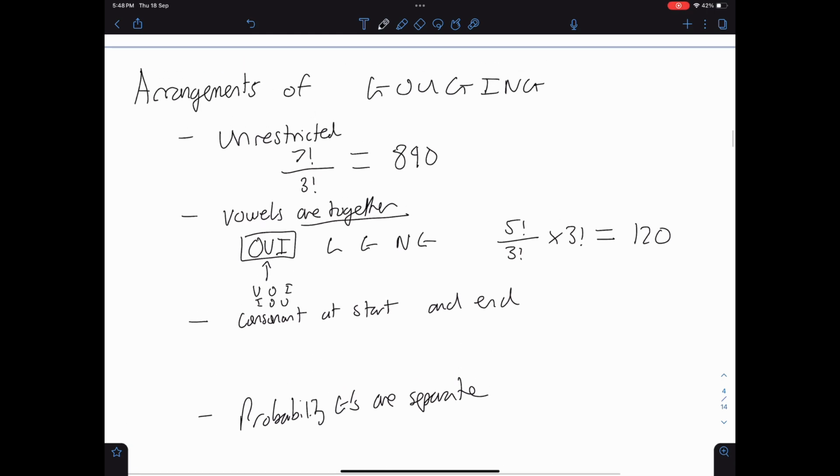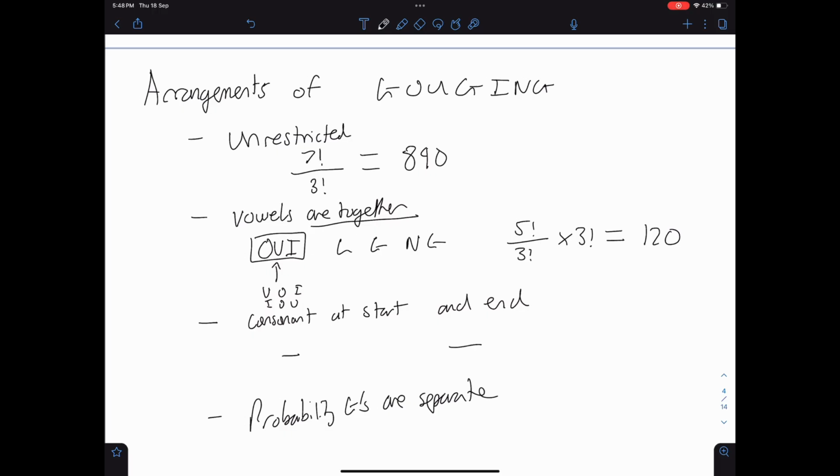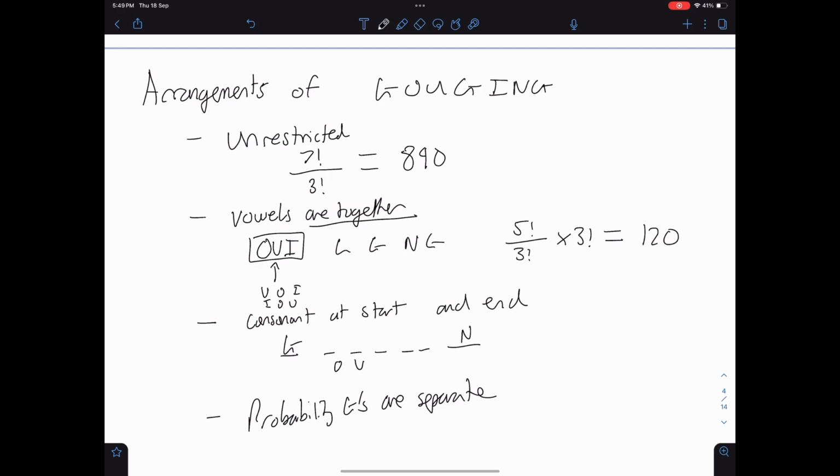Now then it needs a consonant at the start and the end. Now here's the first time where we may have to split it into cases, because it requires a consonant at the start and the end. If we had 2 G's, then you could have OUING, and there's no repeats there. But say you had an N, then you would have 2 G's, and you'd have to account for those repeats. And there's no way to combine that into one equation, so you have to do case 1,